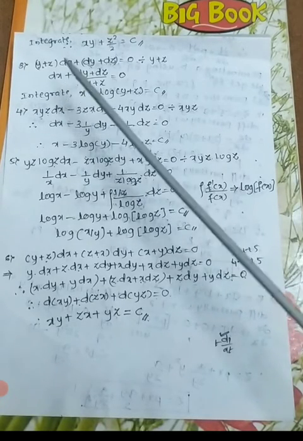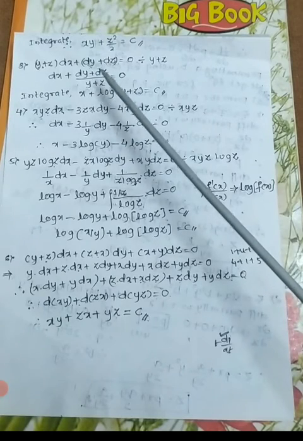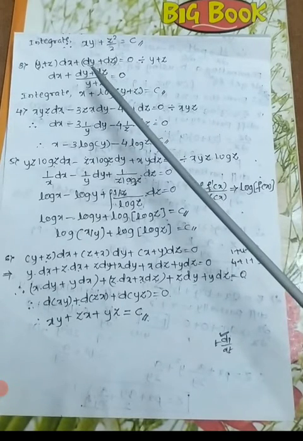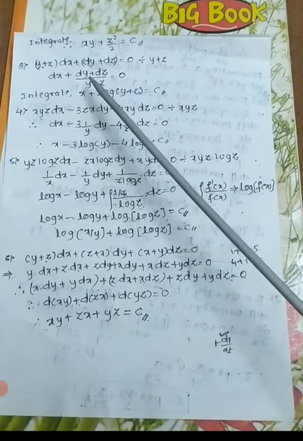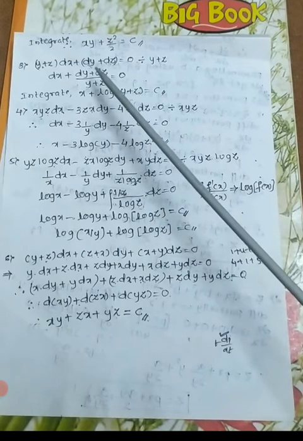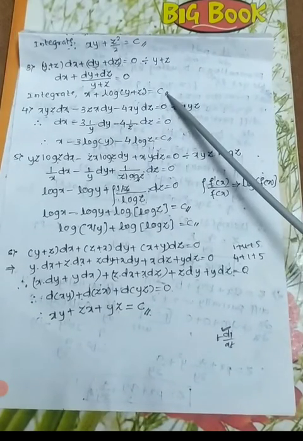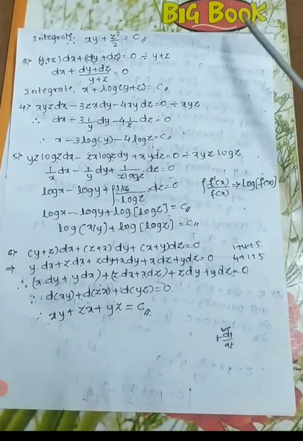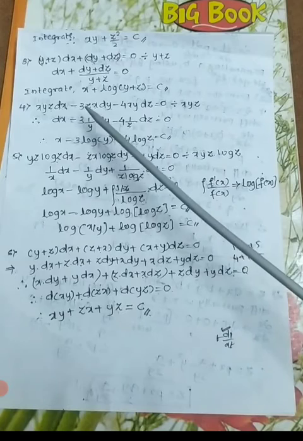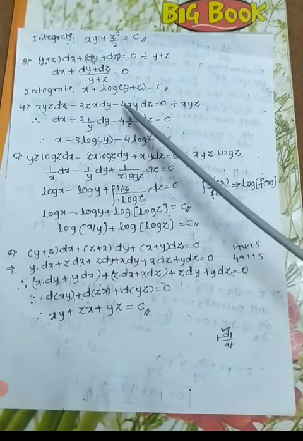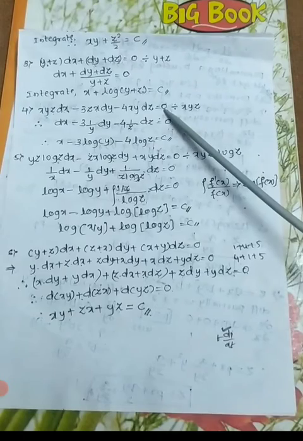Okay, integrate. What do you get? dx gives x. See, it is in the form of 1 divided by x, some standard formula. That is 1 divided by (y plus z), and the integration is what? We get log of (y plus z) with a constant of integration. So this is the solution. Take one more.